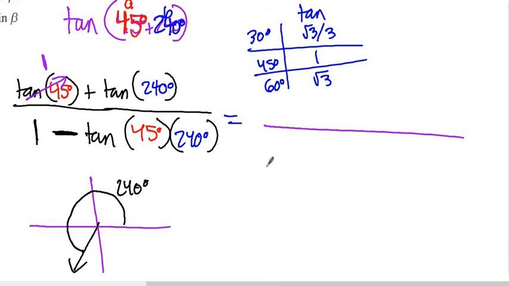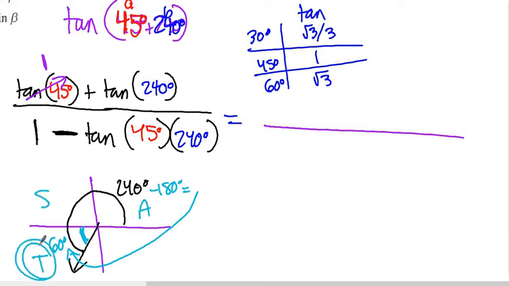So, as always, when we're finding angles outside of the first quadrant, we need to find the reference angle, which is this angle that takes us back to 180. And that would be 60 degrees, because 240 minus 180 is that right there. It's 60. The only catch is that we are in the third quadrant, where tangent is positive to begin with. So we can change this into tan 60, and it's positive tan 60 because